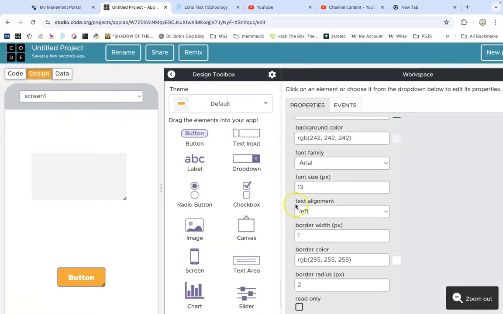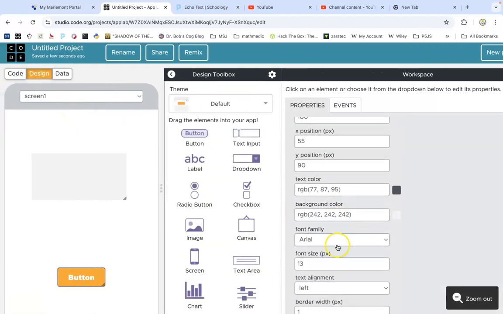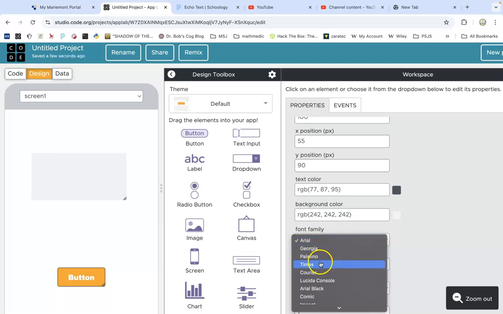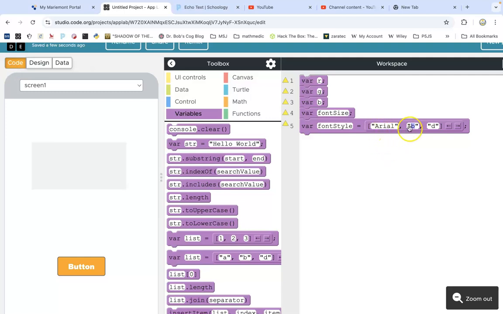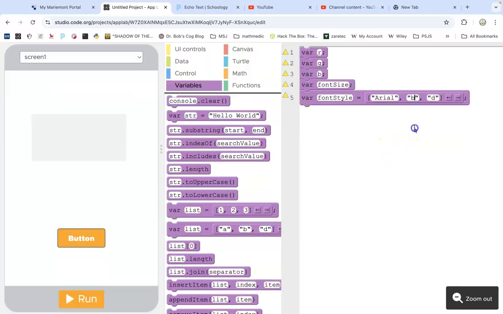So let's go to design again. Let's look down here. There's Arial, there is Georgia, and I'll use Times. Arial and Georgia and Times. If you could get all of those in there, you could put all of those in there. So I will go back here to the code. Arial, Georgia, oops, try that again. Georgia